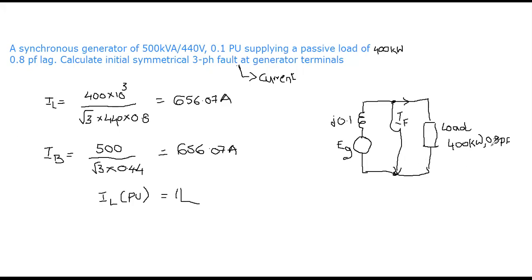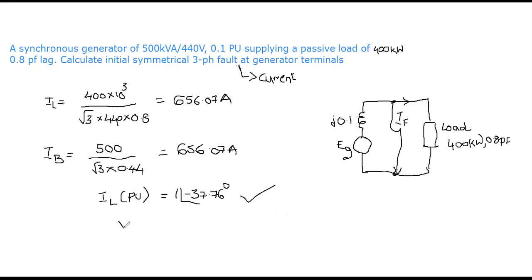So 0.8 power factor. So cos theta is equal to 0.8, which means theta is equal to cos inverse of 0.8. Obviously we get a lagging power factor, that too lagging. So you will get minus 37.76 degrees. More or less the decimal values may be different, but please try to understand. So here IL is equal to 1 at an angle of minus 37.76 per unit.